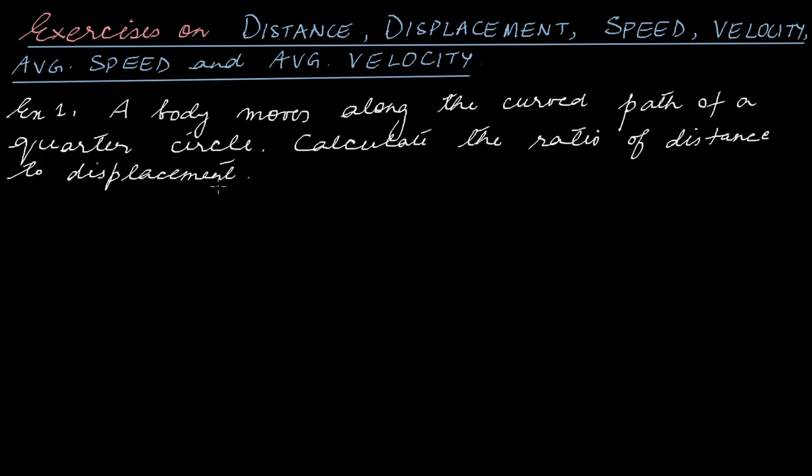Okay, so here you should remember that distance is nothing but equal to the path length. The actual path traversed by the body, that length of the path, that is the distance, whereas displacement is just the length from the initial position to the final position. Got it? So in this problem it says that a body is moving along the curved part of a